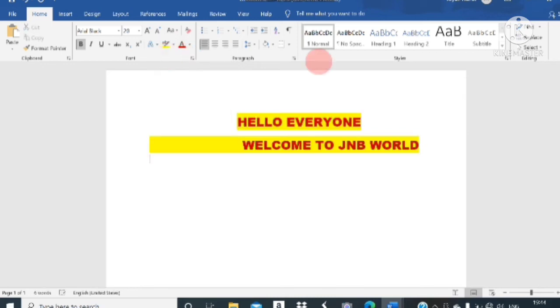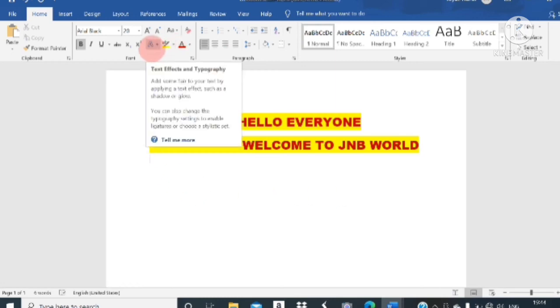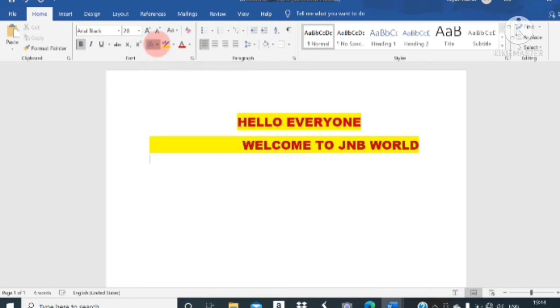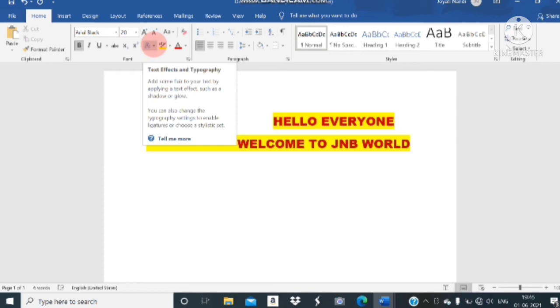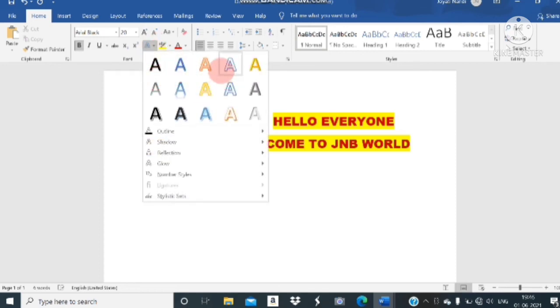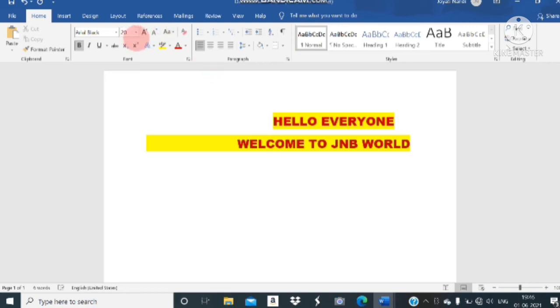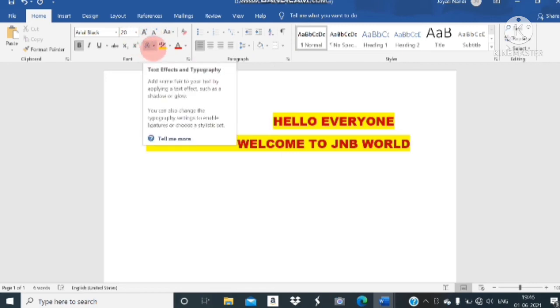So this one is called highlighting the text. Next, this one is called text effects and typography. See here, clicking on the drop down. If you select any one, your text can be changed.